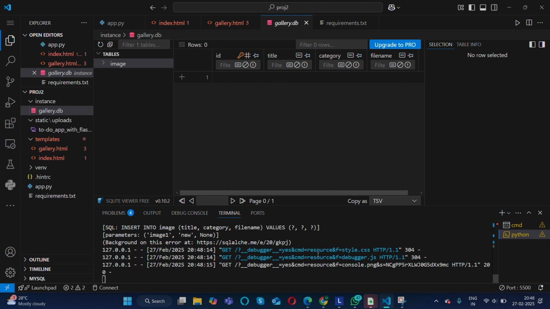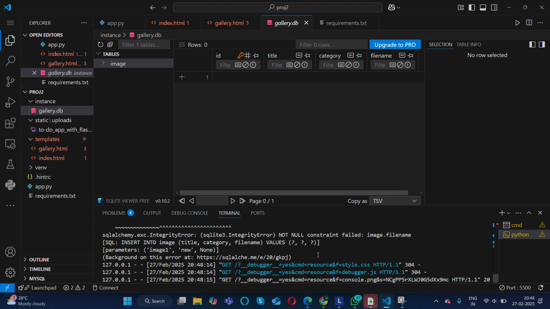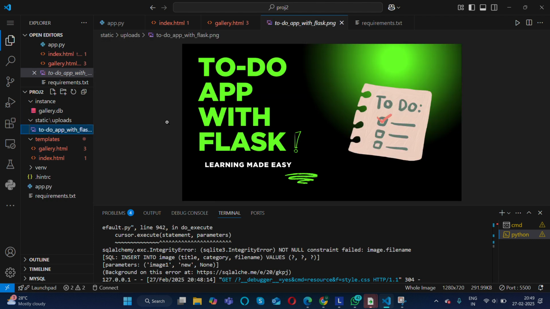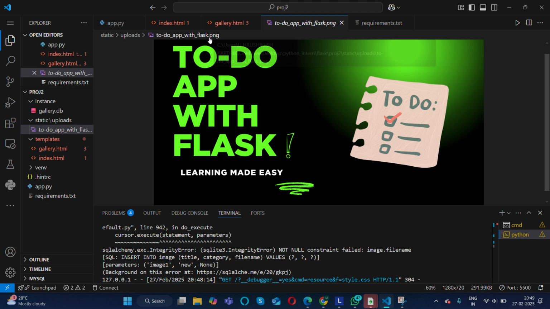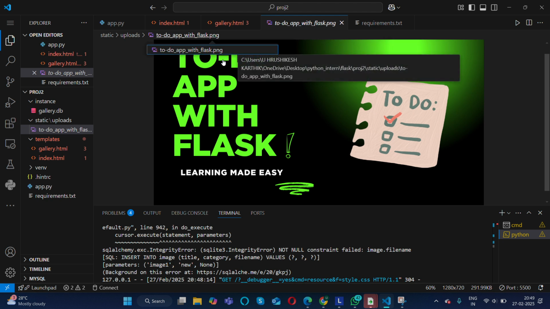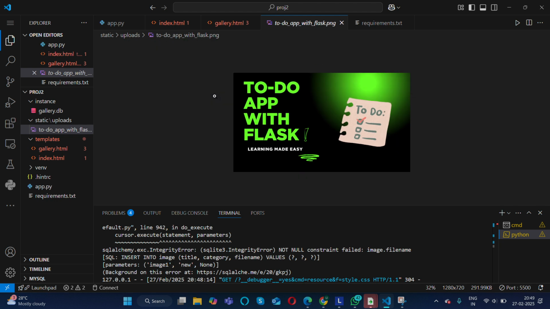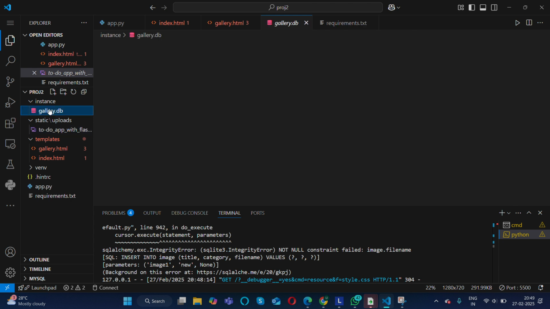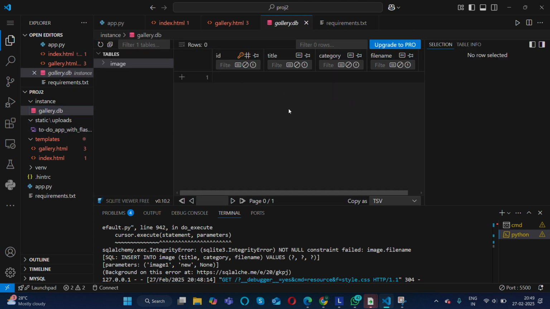Something is stopping. We got the image right. We can see the image before. We don't have any, but we got the image, but it is messing up with the extension, I guess. Like PNG files are not taking. We got the image, like it is successfully uploaded, but it is not getting saved. It's fine.